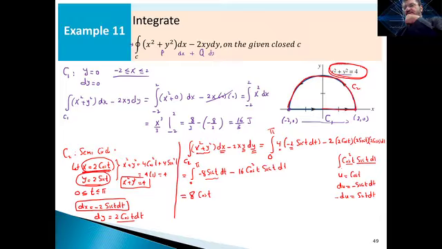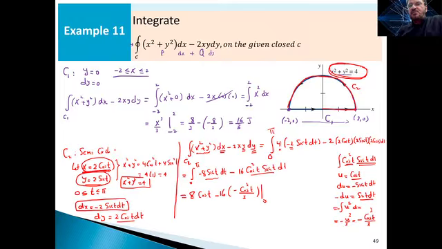All right, so let's go back to the question. So what's the answer here? I took the cosine to be u, so this is u squared. And what's sine t dt? Sine t dt is minus du. So the answer is negative u cubed over 3. But what's u? u is cosine. So the answer is negative cosine cubed t over 3. So the minus 16 goes out, and the integration of this is negative cosine cubed t over 3, from 0 to pi,